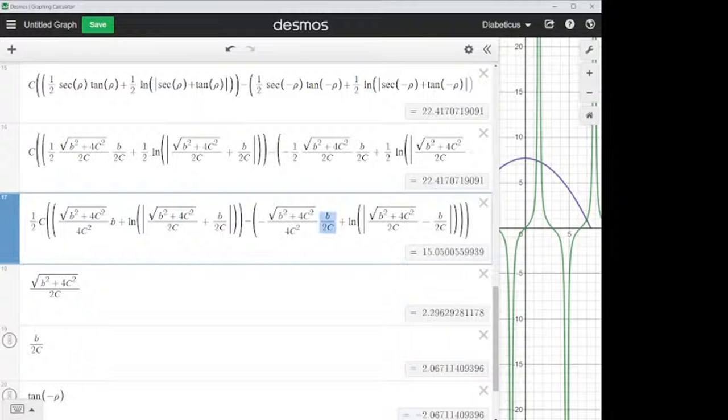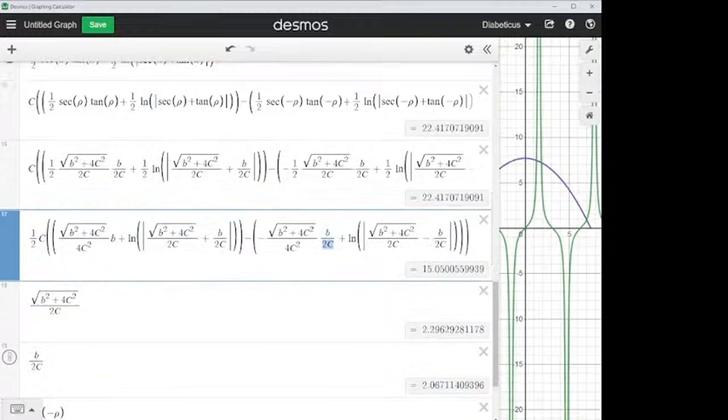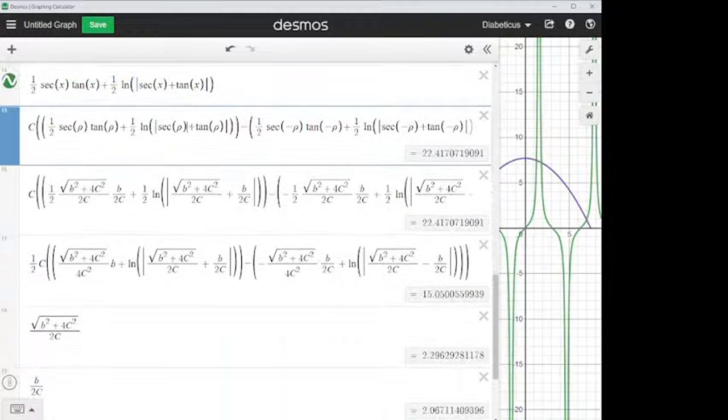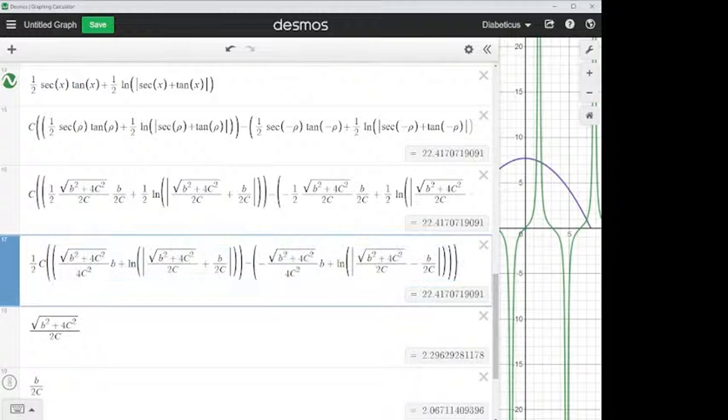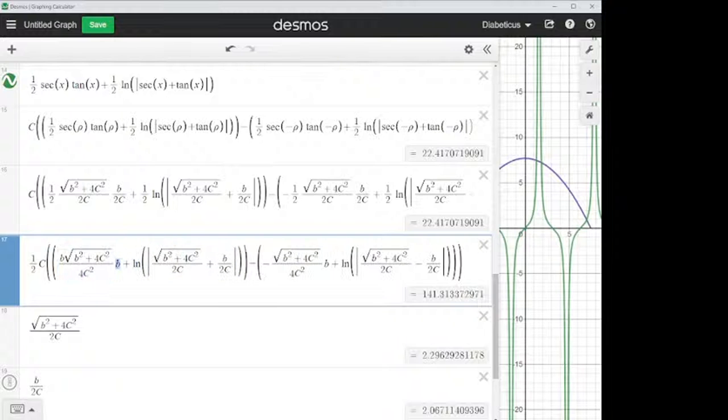Okay, at this point, it's just pure algebra, right? We've done the calculus, we've done the integration. All we have to do is simplify this. Well, I think the math teacher told me that the hardest part of calculus is the algebra part, ironically. The integration is just like, you just have to know it. And then algebra, that's a big knock to the course. With all due respect. Okay, so